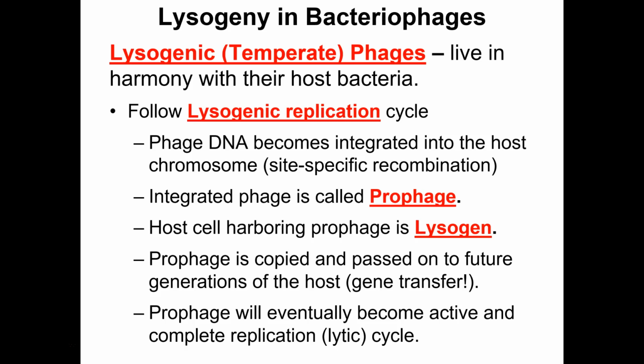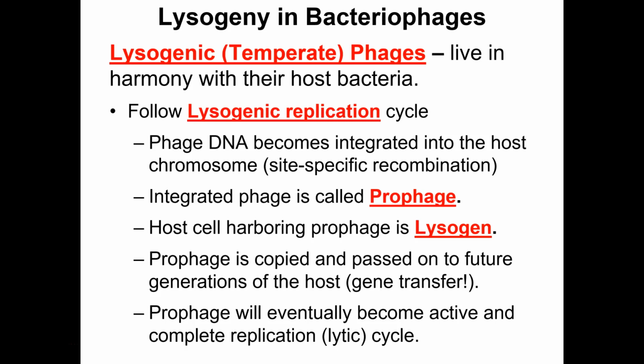So if you've ever had chickenpox, you know someone with chickenpox, they harbor the prophage for that virus in their peripheral nerve cells. It's a part of their DNA now. Now, what do you call the cells that harbor the prophage? Some backwards terminology here. We call it a lysogen. You're like, well, wait, shouldn't that be what you call the virus? No, the lysogen is what you call the cell that harbors a prophage. So, in the case of chickenpox, the prophage is in your peripheral nerves, therefore your peripheral nerve cells are lysogens.